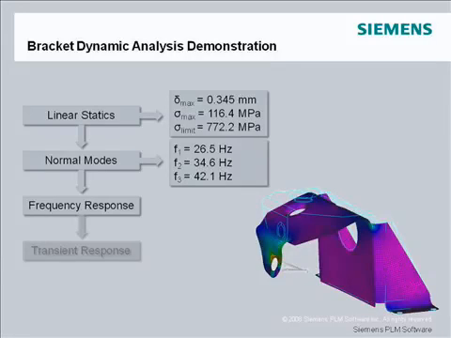The statics analysis showed that the bracket structure was not heavily loaded and the deflection of the motor center of gravity node was 0.345 mm and less than the maximum allowable of 1 mm. However, there may be some base vibration that could affect the dynamic behavior of the bracket. This frequency response will show the dynamic response of the bracket subjected to a dynamic excitation across a defined frequency